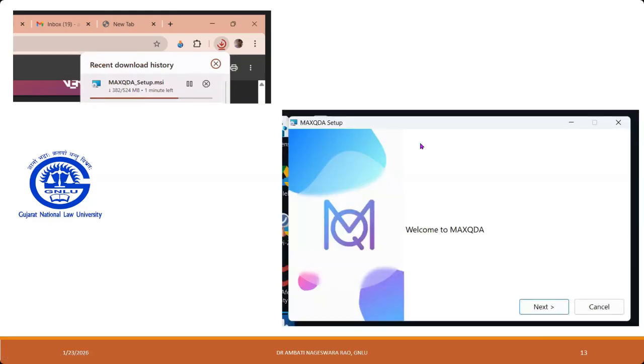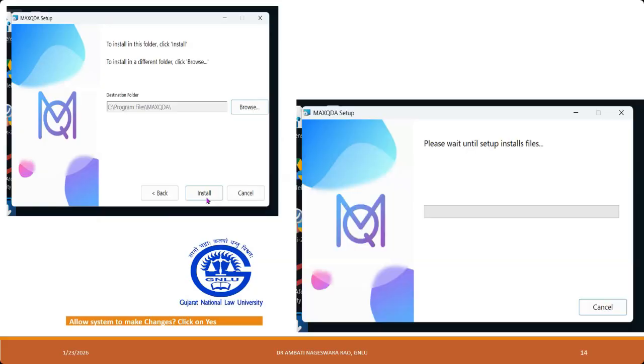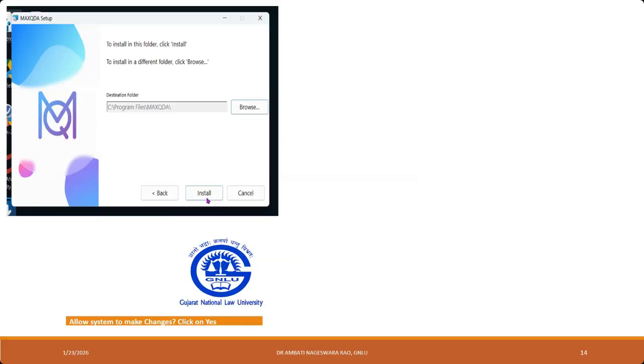Just click on next. By default, it is going to save on the C drive. In case you want to change the location of this folder, you can just click on browse. Otherwise, by default it saves on the C drive. Just click on install. Once we click on install,